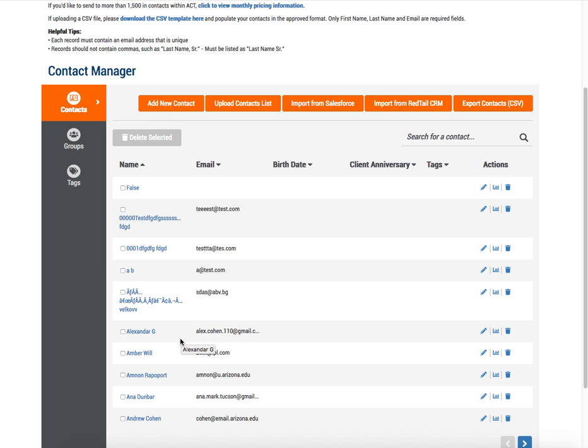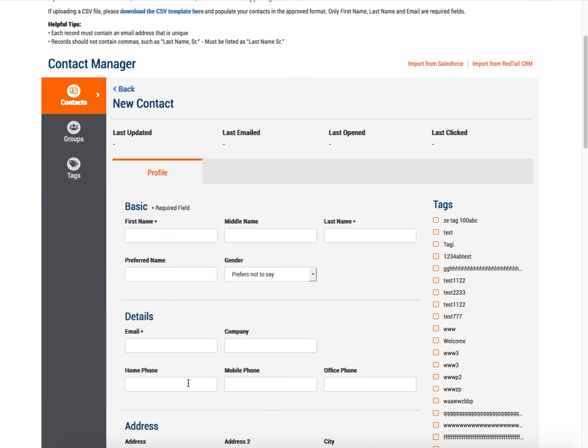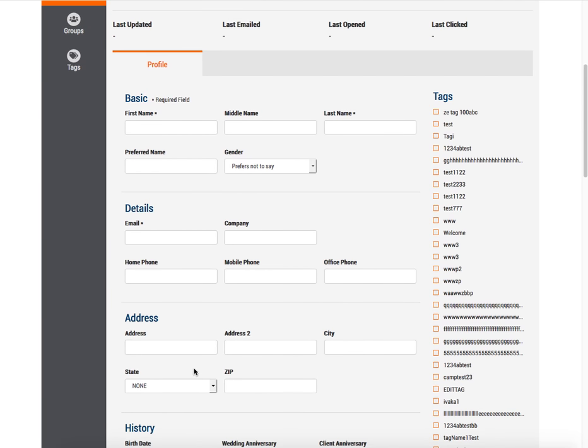Now, we've learned that a lot of you are adding contacts by a CSV upload. So that would be an upload contact list. You would maybe pull data from a third-party source, you'd put it into a spreadsheet, map the columns properly, and then you'd upload it into the system. Or we've also learned that many of you are adding a new contact simply by filling all of the information out. And then what's really cool is with the introduction of tags, which I'll spend more time on later, you